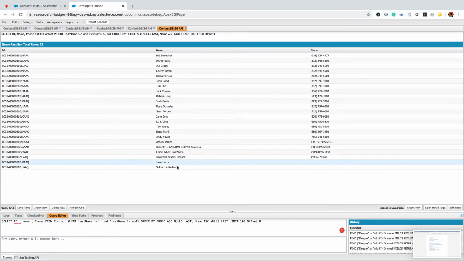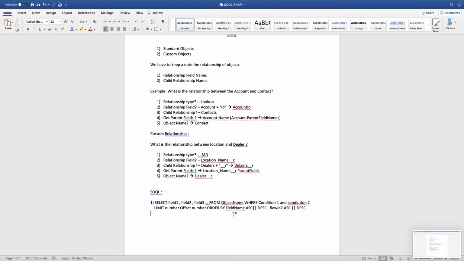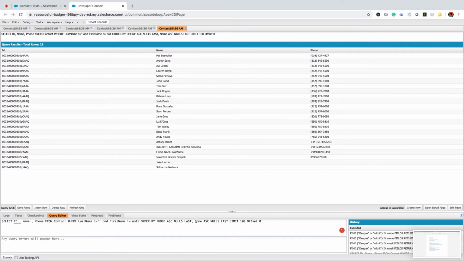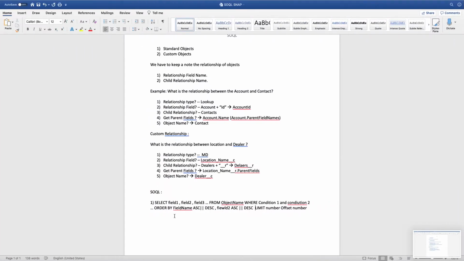If the field is null, automatically it will push to the last. The only change I need to do here is take off this order and put this just before limit. That's the only difference.